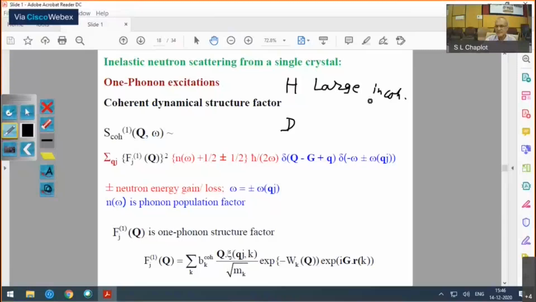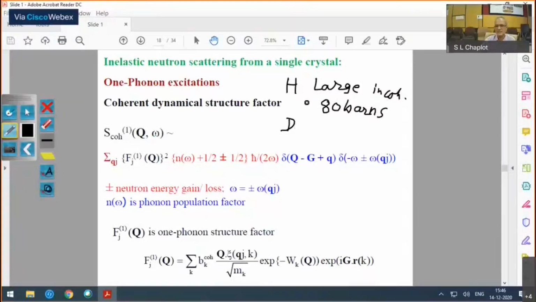So a large incoherent scattering will occur, and that will give you a very large background. The incoherent scattering cross section is in the range of 80 barns, as against a few barns for the coherent scattering. So if you wish to make phonon measurements in solids containing hydrogen,